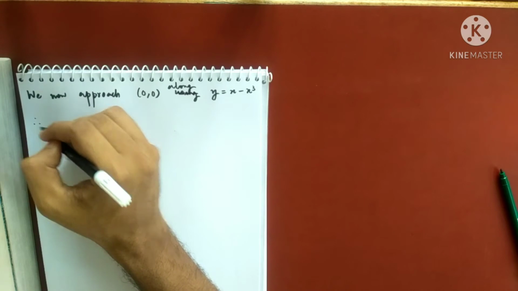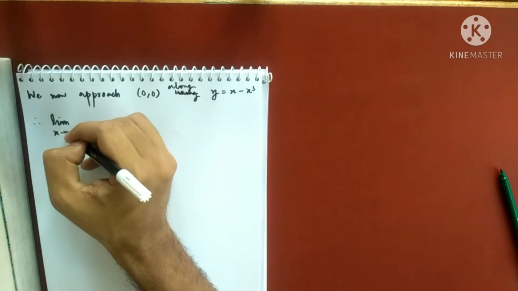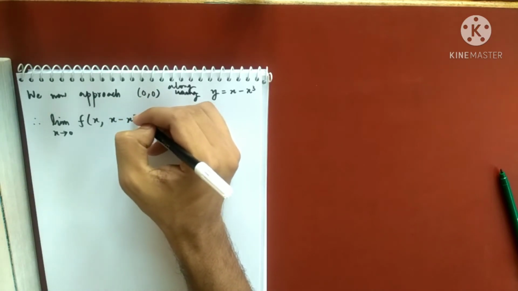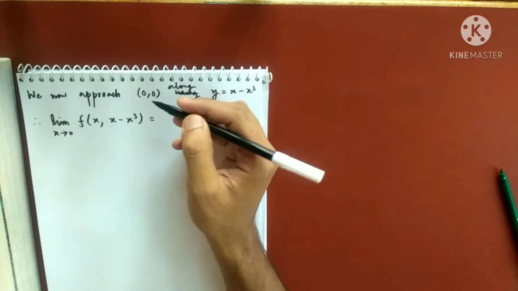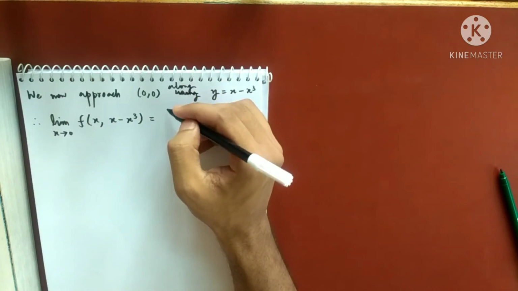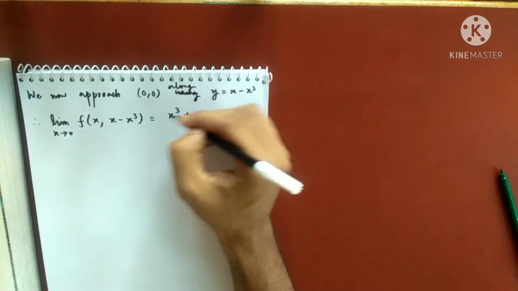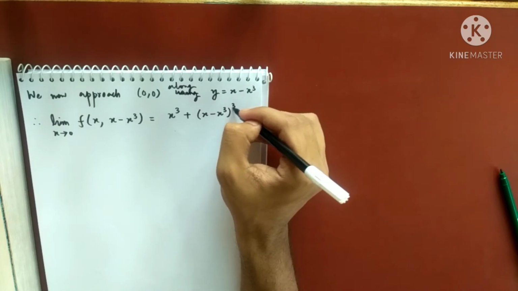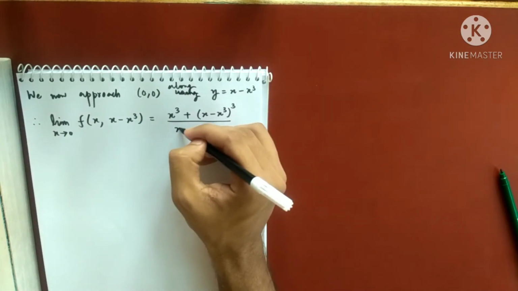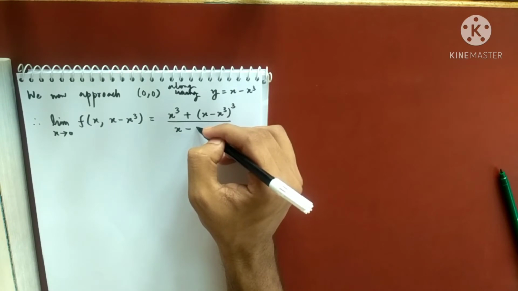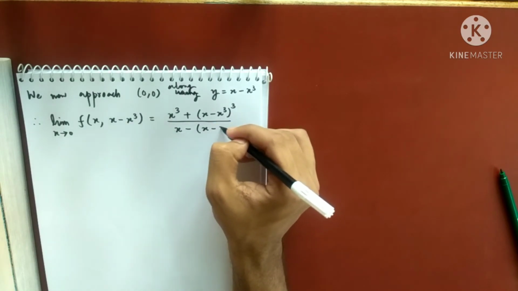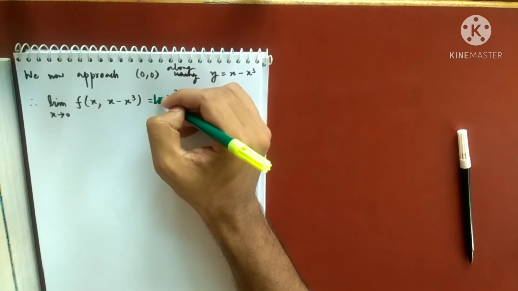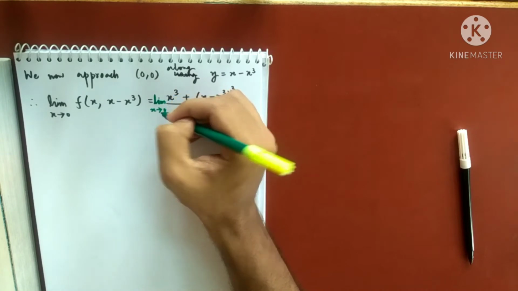So then what is this limit? Limit x tends to 0, f of x comma y, where y is x minus x cube. Put in the function, which was x cube plus y cube, good enough, cube by x minus y. So let me open the bracket now again. So x minus y, okay, leave it. For the timing I'll leave it. So let's open the numerator. Oh, sorry. I forgot to write a limit here. Limit x tends to 0. So let's solve this limit.